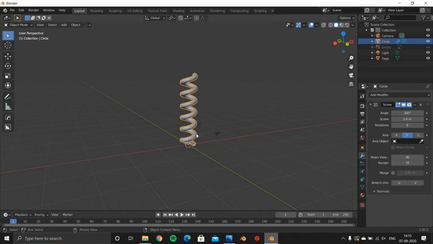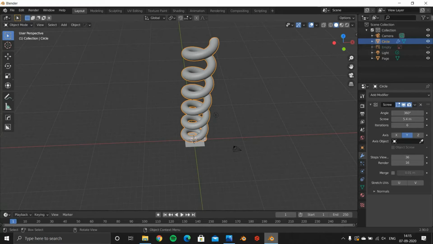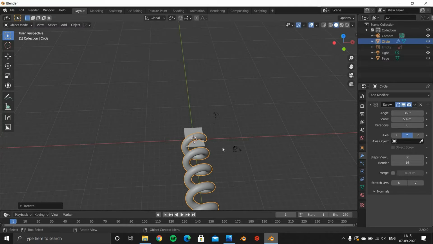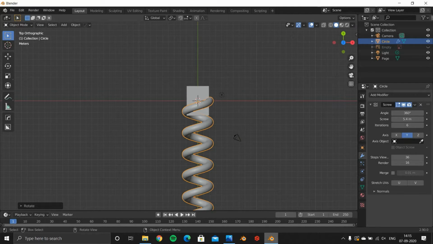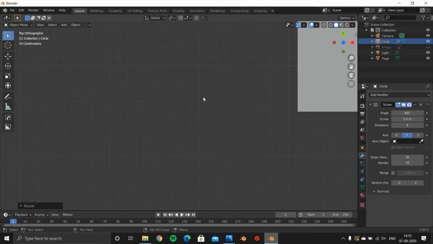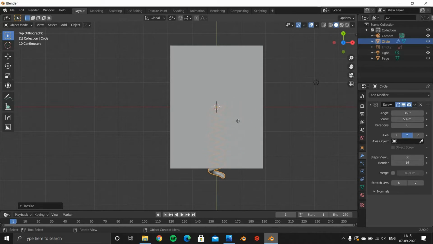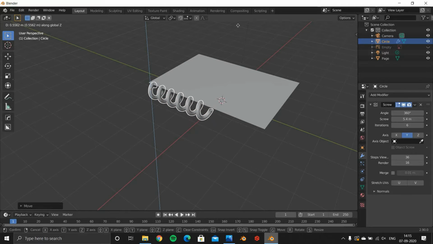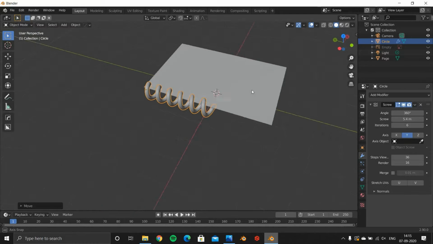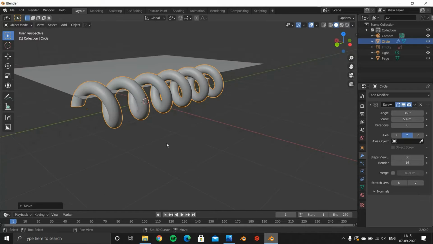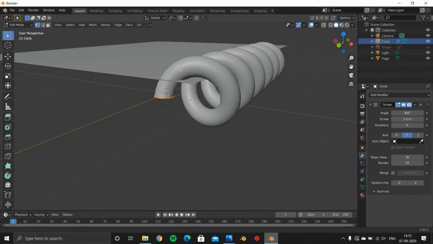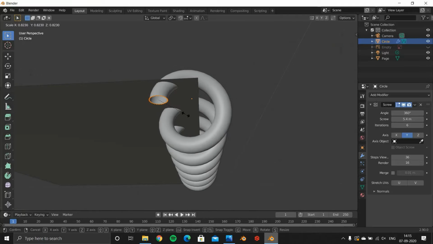Let's bring back our page and set the scale according to the page. So rotate it 90 degrees on the X, scale this down. Also I think the size of the spirals is pretty big, so press Tab to go in edit mode and just scale this down.